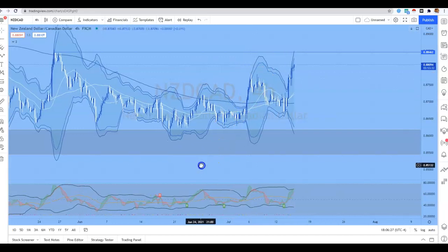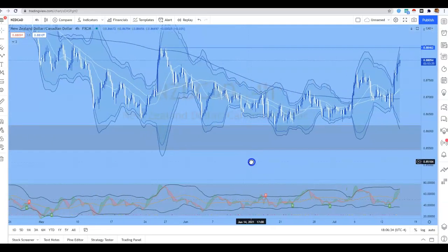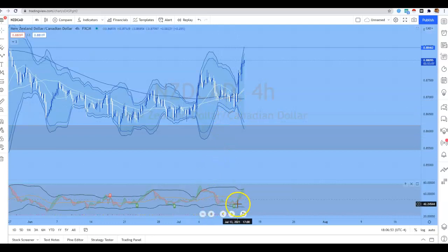Okay, if price is coming down to the lower Bollinger Band, that means price is going to reverse up soon. Okay, so all you have to do is line it up with the TDI indicator. Okay, so if we look at this instance right here, price was going up this upper Bollinger Band, came down and touched the lower Bollinger Band. We had divergence happen at this area in the market. So that lets you know indication that price is going to head up, and it did exactly that,